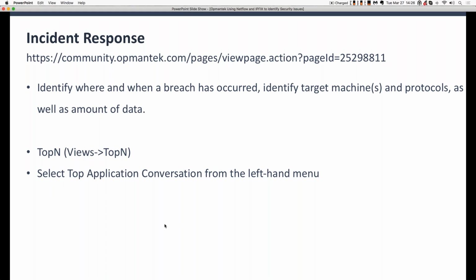So incident response. I spent several years working for a healthcare billing organization, and being able to have a system in place where we could identify a breach and be able to contain it and work around it, and also understand what types of data and perhaps how much data had been compromised was critical to our internal processes and our SAS 70 SOC 2 certification. So when it comes to incident response, it's understanding, again, the types of conversations and who or what organization